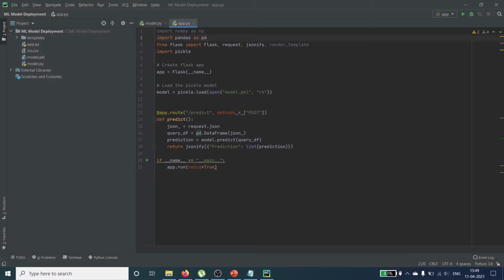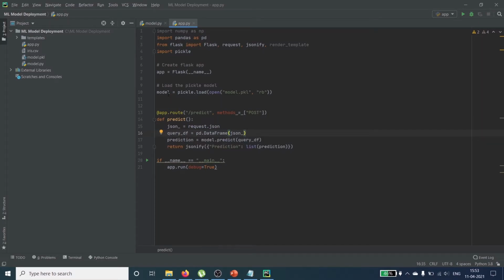Then we are creating a page or a predict method. So this app.route will take us to the predict method page, and here we are defining the method predict. This method will first take a request in the form of JSON. So whatever independent variable values we pass, this will be caught by this request and stored in this variable json_. Then we will convert those JSON values into a data frame. From pandas, we will use the method DataFrame and pass our variable json_, and then we will save that data frame in a new variable query_df.